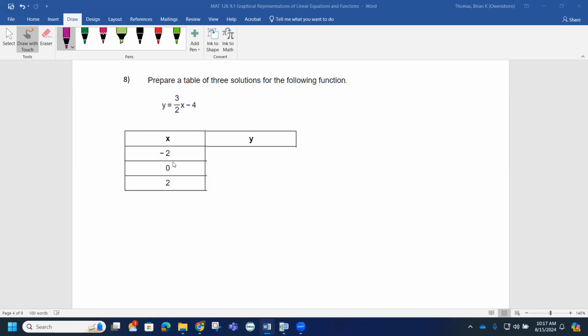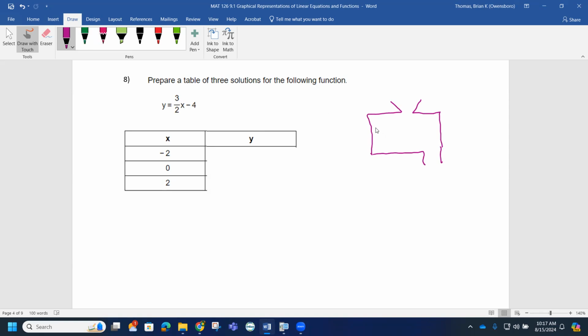And notice how all three of these numbers are divisible by 2. So they're going to make this math rather easy. So you don't necessarily have to use your calculator to do the computations. So again, the way this works is you have this input-output concept where x is what's being replaced. So what they're asked to do is